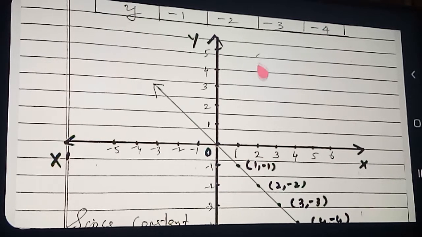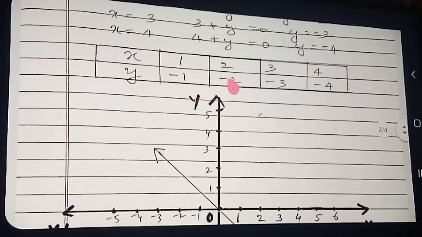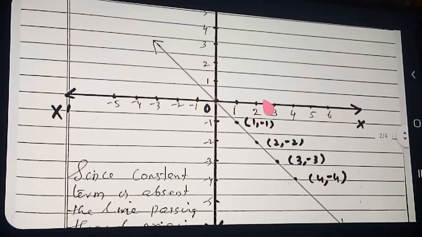And here the next ordered pair, what is coming? 2, minus 2. See here, 2, minus 2. How I plotted 2, minus 2: see, corresponding to x equal to 2 on the x axis keep the scale, and corresponding to y equal to minus 2 keep the scale here in this way, and see the point 2, minus 2. Same way 3, minus 3: 3 here and minus 3 keep here. The teacher also marked the same way only, kept the scale, but in the graph paper it is very clear, even without keeping the scale you will get the points very easily. Okay, 3, minus 3 and x4, y minus 4. See, all the points I have plotted now.